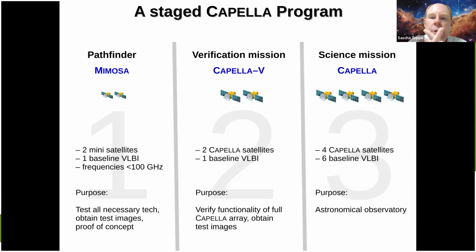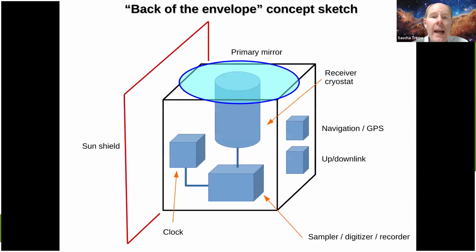And then, if we are convinced that everything works as intended, we could start building and launching the 4 Capella satellites, maybe starting with 2 first in a verification mission. And once they're in orbit and work as expected, only then would we launch the second pair of satellites, just in case there is some unexpected development that we need to consider. Okay,